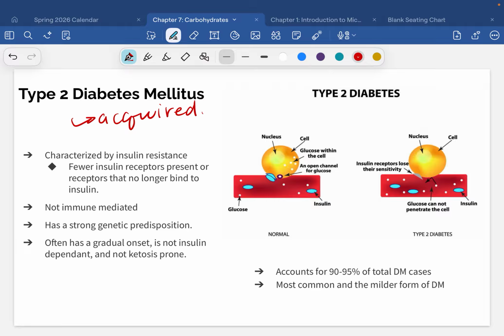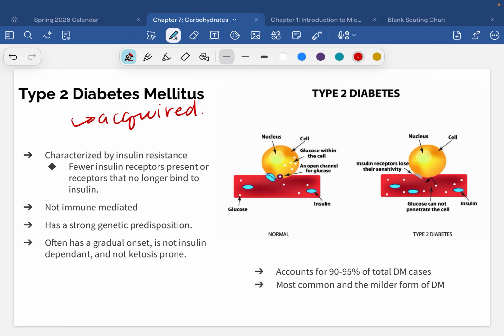But when you get checked every year, that kind of has a gradual onset. One year your doctor will say, oh, your blood sugar is a little high, but it's mostly fine. Your blood sugar is kind of hitting closer to 100 all the time. That's not that great, but it's fine for now. And then the next year you go in, it's like, nope, your blood sugar levels are too high. It's a very gradual onset.